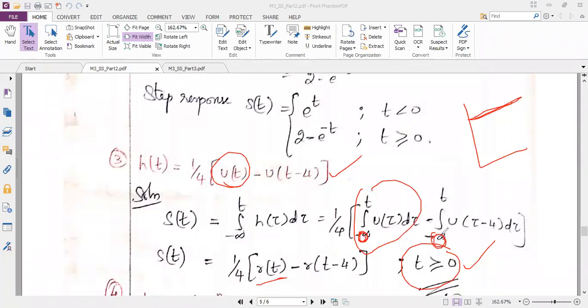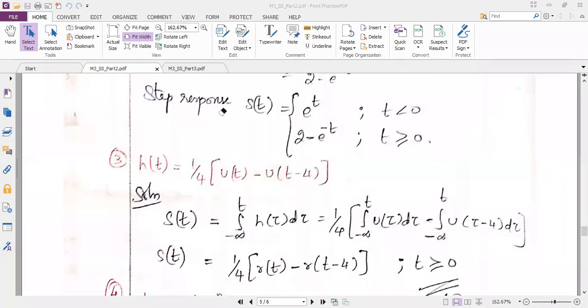So you need to understand here, integration of any limits, I am not worrying about the limits. Integration of unit step signal is a ramp signal. That's why in the formula, I did not bother about modifying the lower limit. If you want, you can modify it as 0. That's it. Am I clear here? Yes, ma'am. Okay, the next problem.